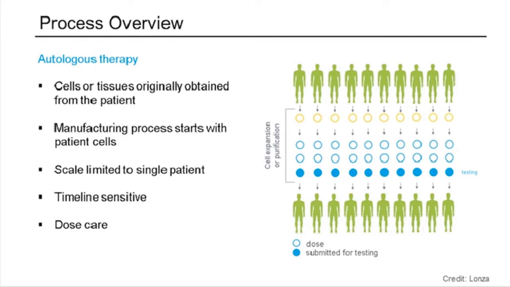There may be cold chain involved, so having to ship product back and forth cold or cryogenically frozen. You can imagine that this is all done in parallel with the patient's ongoing treatment program, so it's absolutely critical for the patient, and it's causing delays, and there's certainly some complications around that. There's the complications around the logistics of having to ship those back and forth in a timely manner,